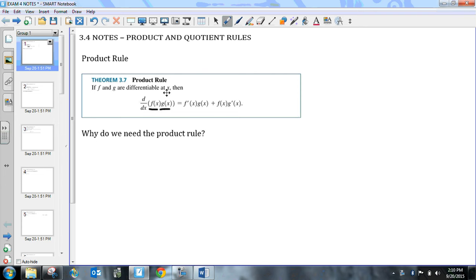So what this theorem says here is that if I have a function f and I'm multiplying it by a function g, then I take the derivative of f, multiply it by g, plus f times the derivative of g, okay? So another way to write it